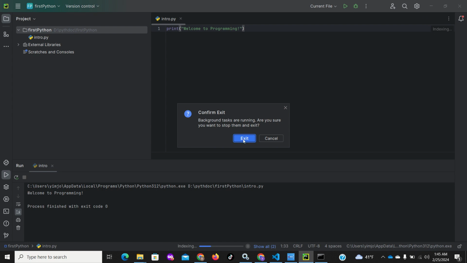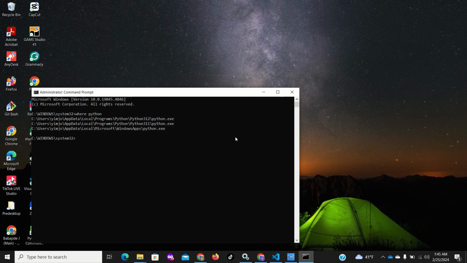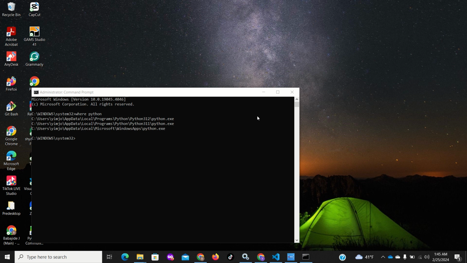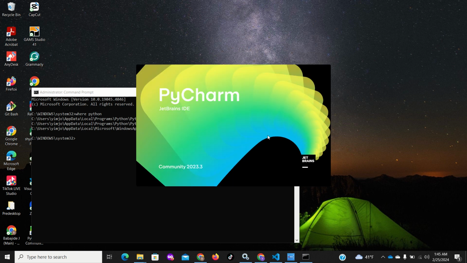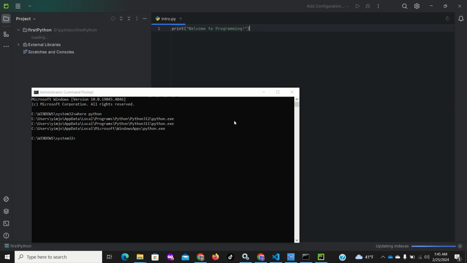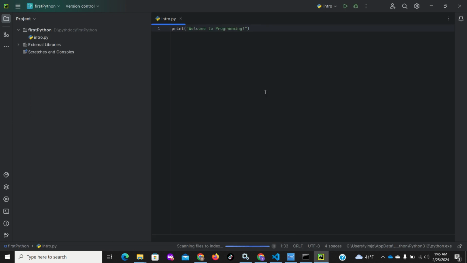I would say yes, I want to exit. And again, I would launch PyCharm. I'll wait for PyCharm to load. And now PyCharm is loaded, and as you can see, it's now loaded with the interpreter I have. You set up PyCharm to work with